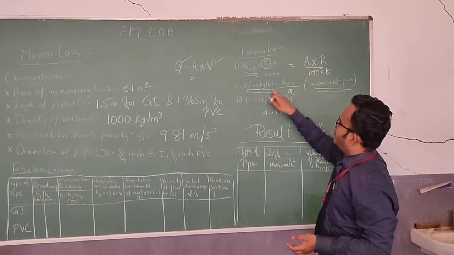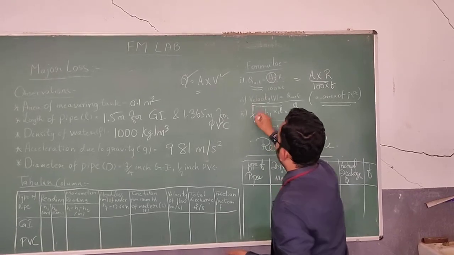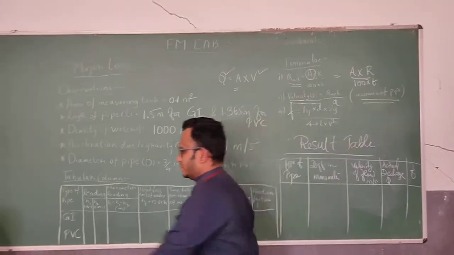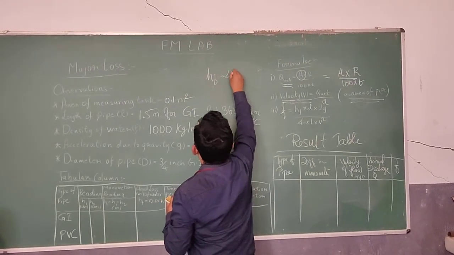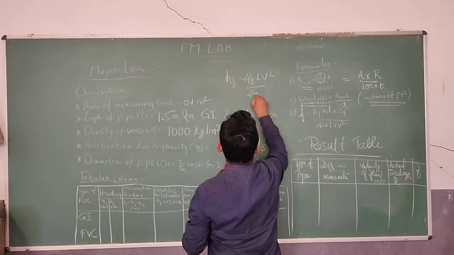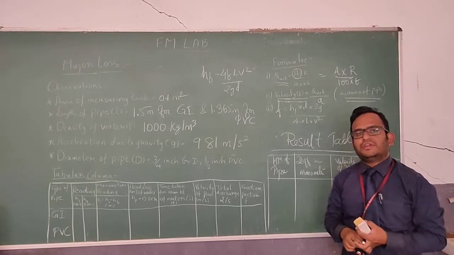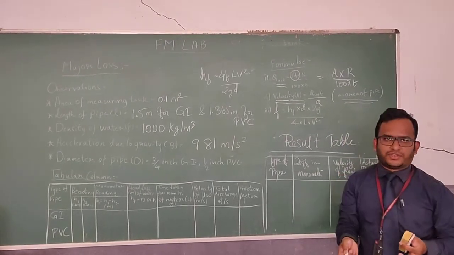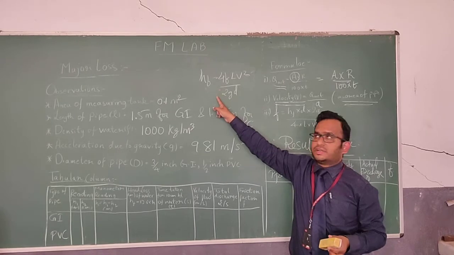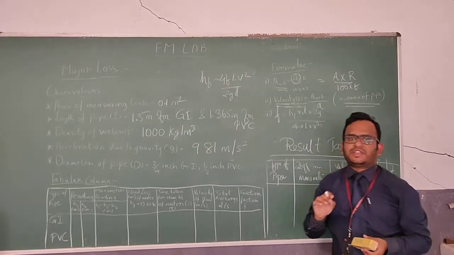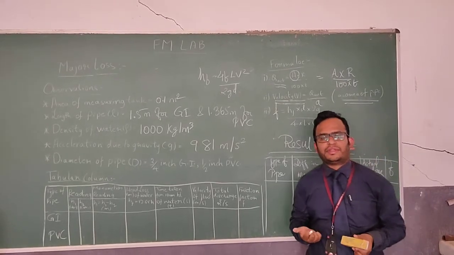After getting that velocity, you have all the values to calculate the friction factor. F, this is actually small f. This equation is HF equal to 4F LV square divided by 2G. This is the Darcy-Weisbach equation, which you have studied in major losses due to friction. Then there is the Chezy equation, V equal to C square root of M into I. This is the equation to calculate the head loss due to friction. But we have to calculate the friction factor for the pipes, so that we can measure its resistance to the flow, or the energy losses taking place in the pipe.